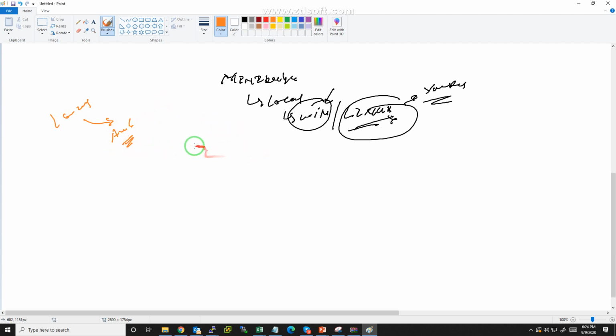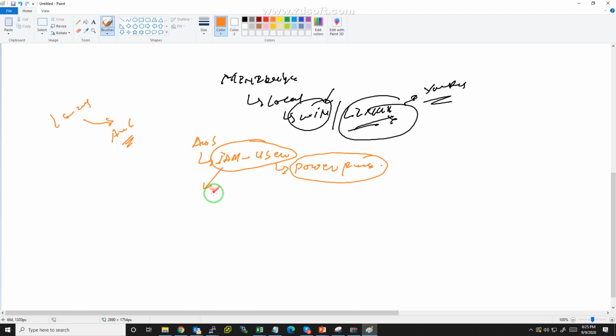For this you have to go to the AWS site and create an IAM user and give it power permission. Once you give the permission and submit, the IAM user configuration is completed. Then you have to download the access key ID and secret access key. You will get an Excel file, and I already have one.